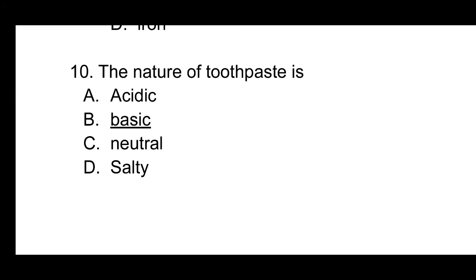If the pH of the mouth is less than 5.5, it causes tooth decay. To prevent that tooth decay, we have to wash the mouth with water after eating food, or we should use toothpaste which is basic. So see here, a neutralization reaction also takes place, which prevents the tooth from decay.